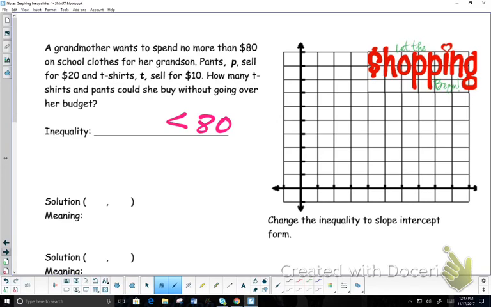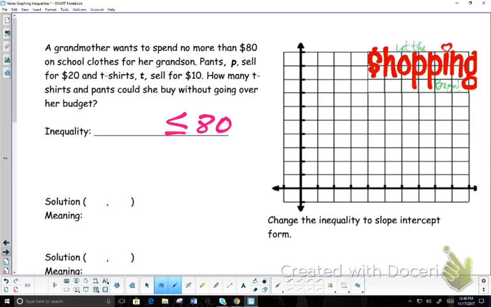If 80 is the max, the alligator needs to face it. Is she willing to spend 80? Yes. So I need to add a line. That's the hardest part of writing these, figuring out which way to face that inequality. After that, we've got